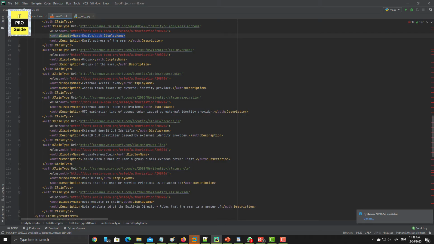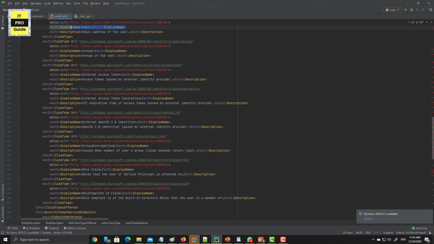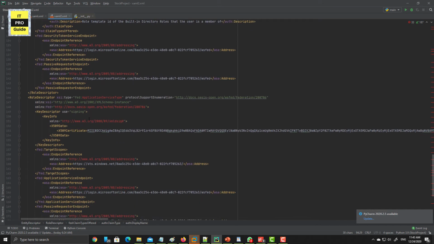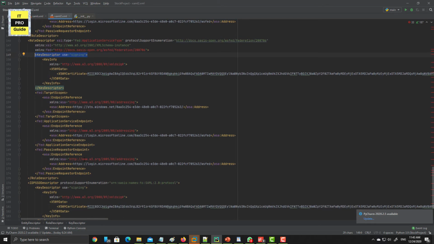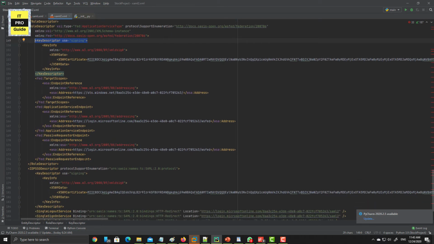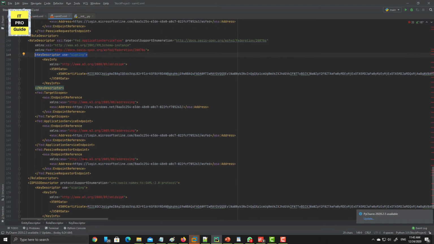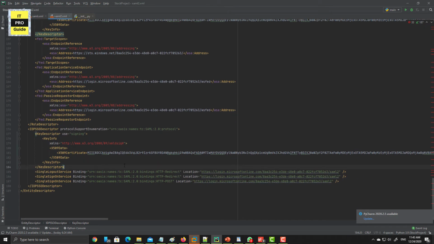And you can see that in the key descriptor it is mentioned very clearly that it is signing. The other option here is encryption, but here the value is signing, which means this is signed. The service provider can verify it using the certificate provided by Azure AD. If it is encrypted, the service provider has to decrypt it. There is a difference. And the final one is the binding. You can see that this is an HTTP POST,